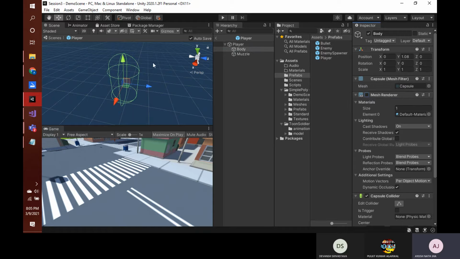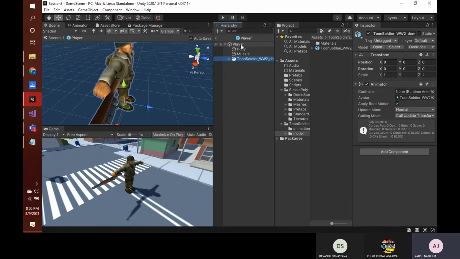And as you can see, we have only the collider left for this body because we untick the mesh renderer, so the mesh won't be rendered. And now we can simply add the model to our current player. If I simply drag this Toon Soldier to our player, then you can see that our player now contains this Toon Soldier model.